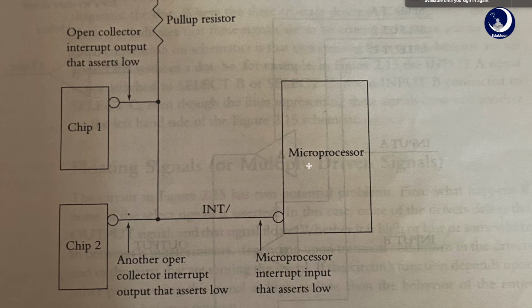Okay, then when this INT signal goes high, the microprocessor will sense that the interrupt input is not asserted. The most important thing is that the pull-up resistor is necessary for this particular circuit to work. Otherwise, this INT signal would float when neither device wanted to interrupt. So if any of the devices wants to interrupt, it must give the signal. Then this INT shows the interrupt signal.